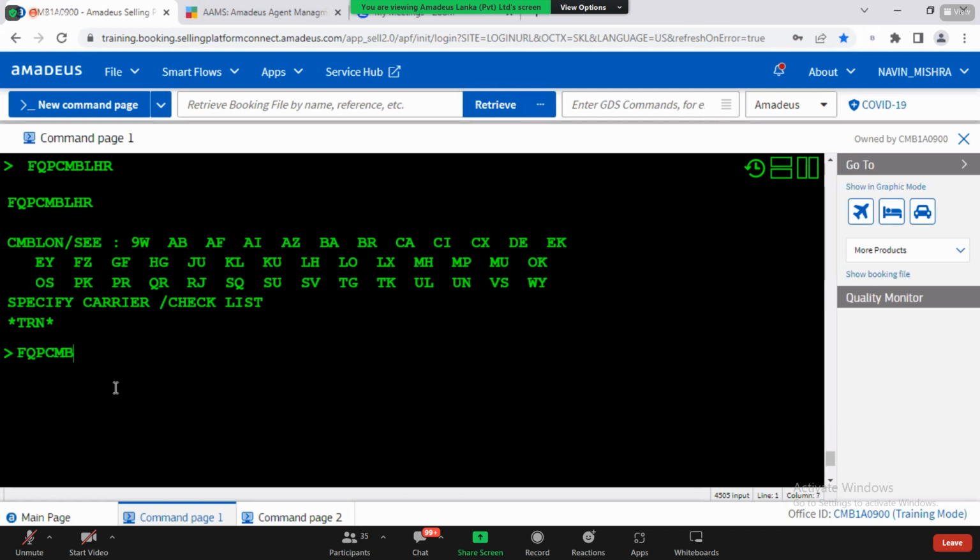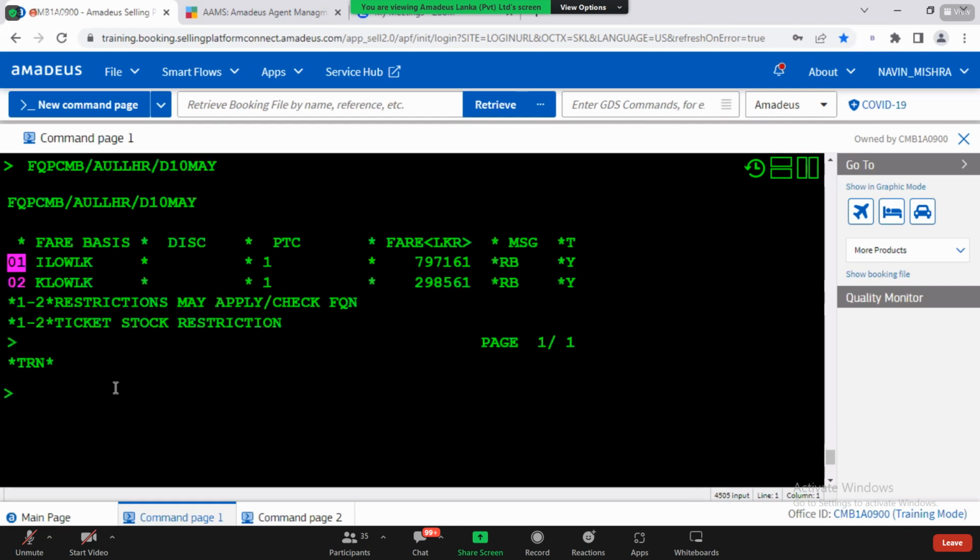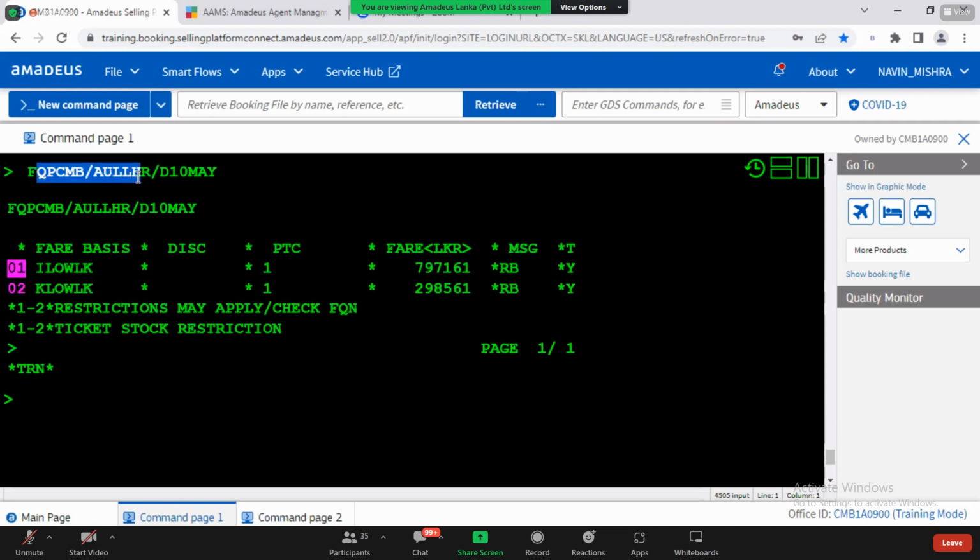FQP Colombo to LHR / D 10th May. Now do you see this one? What I have done? I have searched for a Colombo to London in Sri Lankan Airlines. Departure is on 10th of May. See,